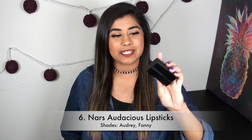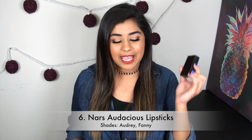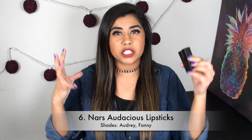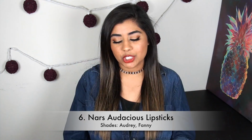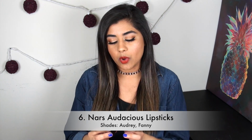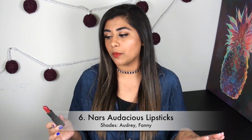My number 6 lip product pick are the Nars Audacious lipsticks. You guys knew that these had to be somewhere on this ranking, and I will say that these are my favorite traditional lipstick formula of all time. I have 2 different shades to show you guys today. This one is my favorite of the 2. It's the one I've used the most, and it's the one that I recommend to every single person who wants